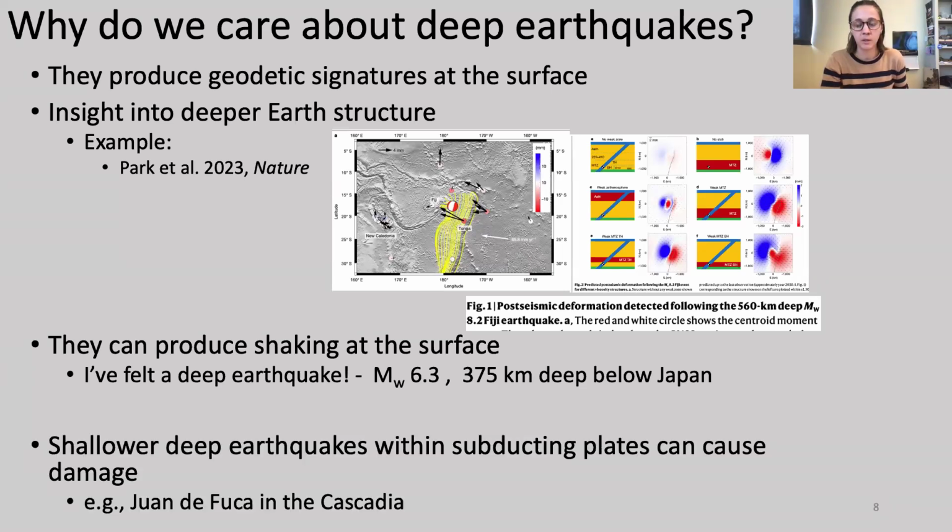They've also recently been talked about a lot more in the Juan de Fuca slab in Cascadia, the shallower realm of deep earthquakes. They have been known to cause damage and are being considered in terms of hazard assessment. So they are not the first ones we think about when we think about earthquake hazard, but they are an important part of the overall earthquake hazard thinking, and also, as in the earlier part of the motivation, these are tools for insights into the inner dynamics of the mantle.